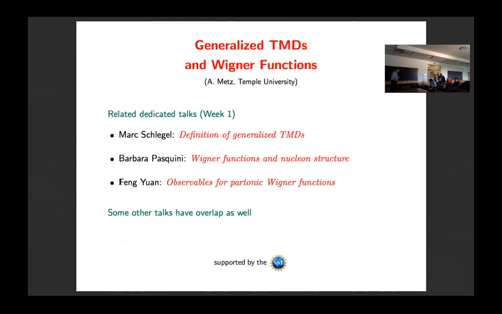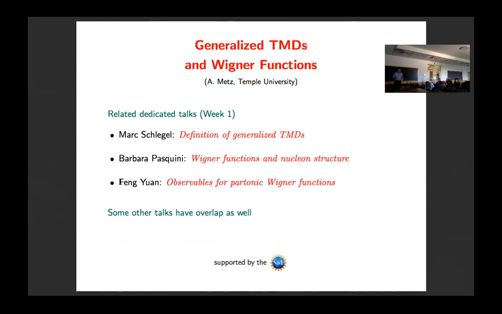Generalized TMDs, we could also call them transverse momentum-dependent GTMDs. These are the type of objects for which we can at least hope that we can directly address them in experiment. On the other hand, Wigner functions are well known from non-relativistic quantum mechanics. They can be considered a quantum mechanical counterpart of a classical phase-space distribution. In nucleon structure studies, we will see that these two types of quantities are related by a two-dimensional Fourier transform.